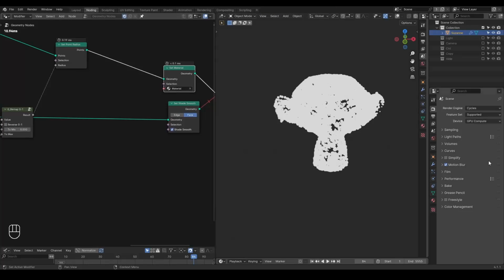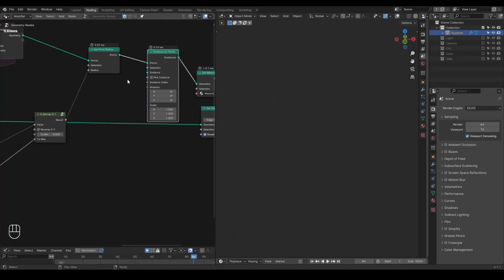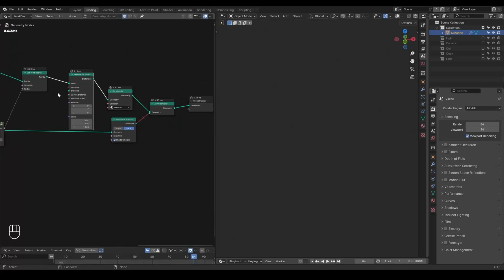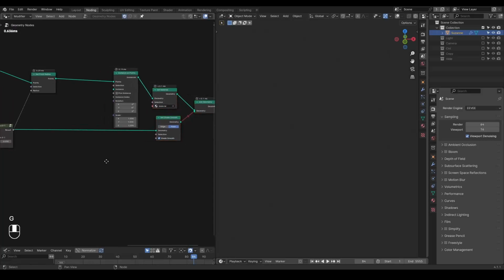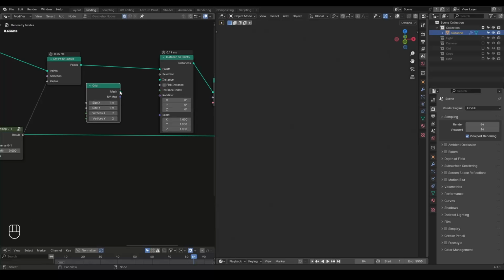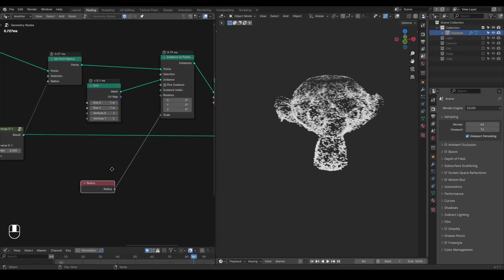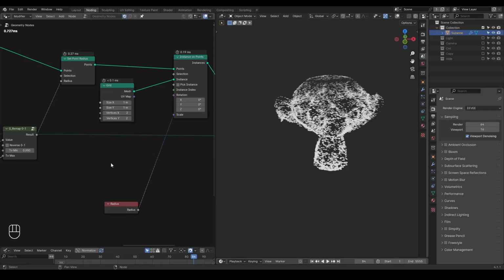So in order to potentially resolve this issue, you probably want to instance some point. And it does not need to be some complicated geometry. Just try to even use a simple grid. And we can take a radius into scale. We can also align